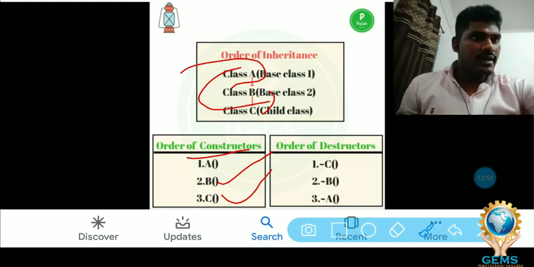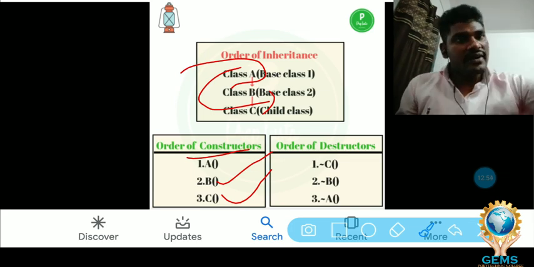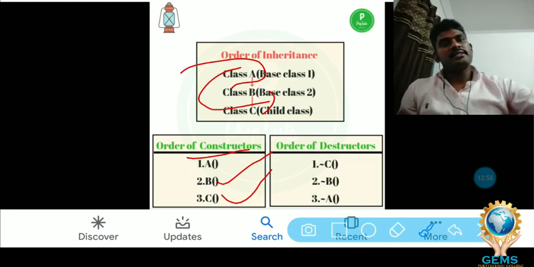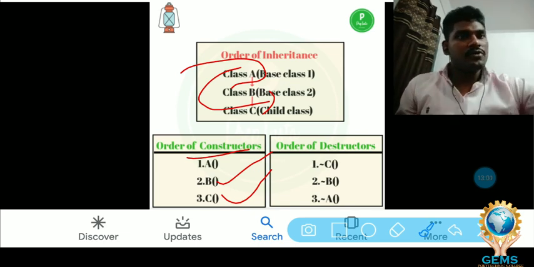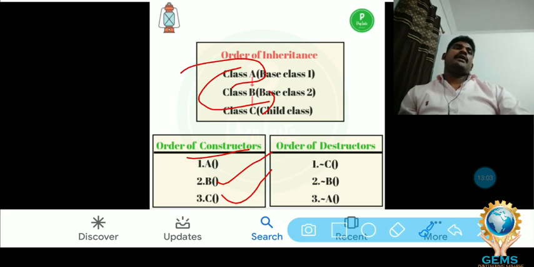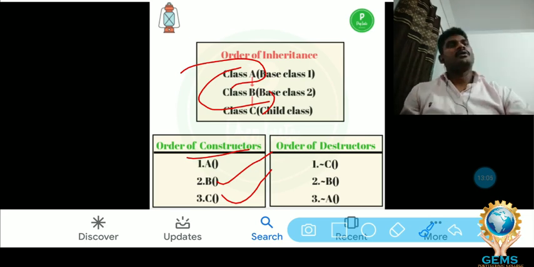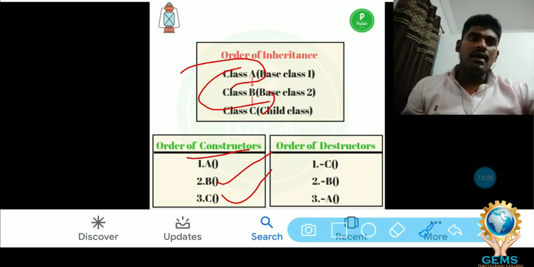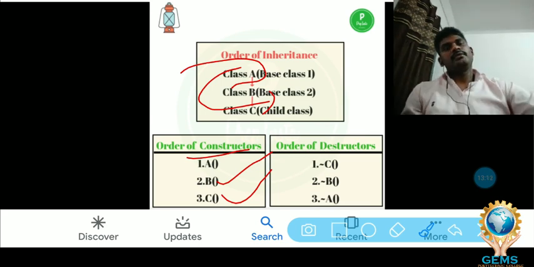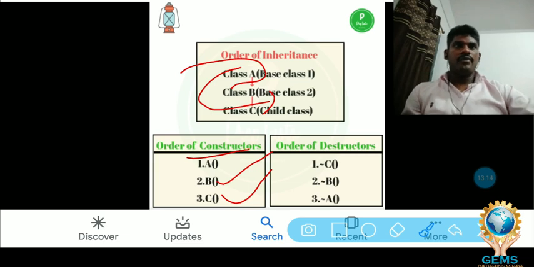The three constructors belong to three different classes: the base class, child 1 and child 2. A executes first, because the constructors of the parent class enter into the derived class. This is called the order of constructors.